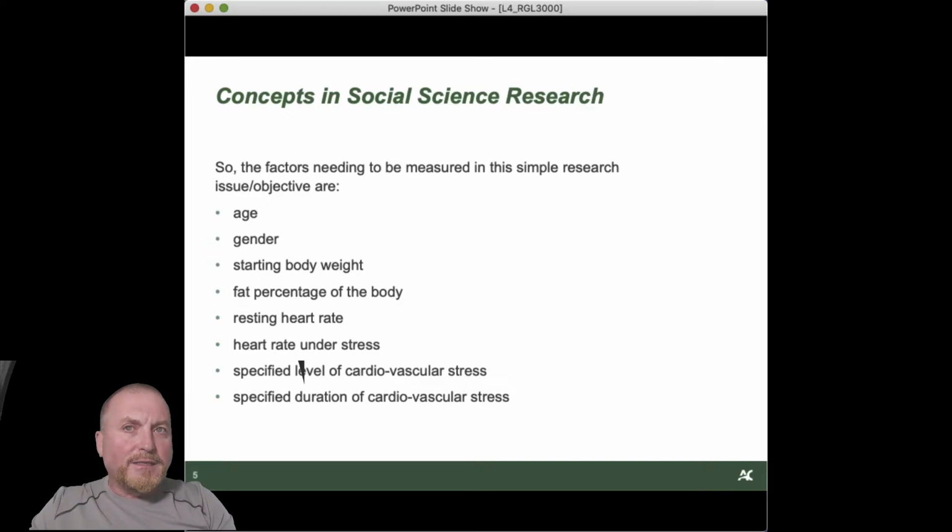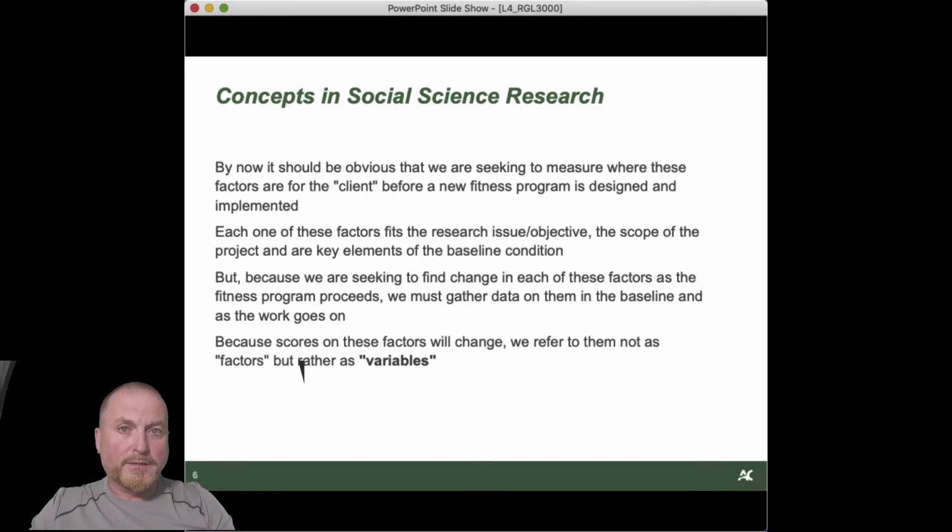So the factors needing to be measured in this simple research issue objective or example are age, gender, starting body weight, fat percentage of the body, resting heart rate, under stress, specified level of cardiovascular stress, specified duration of cardiovascular stress. Those would be all the things that I would measure when you came into me as a trainer. Okay, I would look at to see where you are today, because any regime that I want to bring in, which for our purposes is a regulation, a regulatory regime, I want to know that I'm designing that regulation in such a way that it's having the desired effect on those baseline factors, which become variables